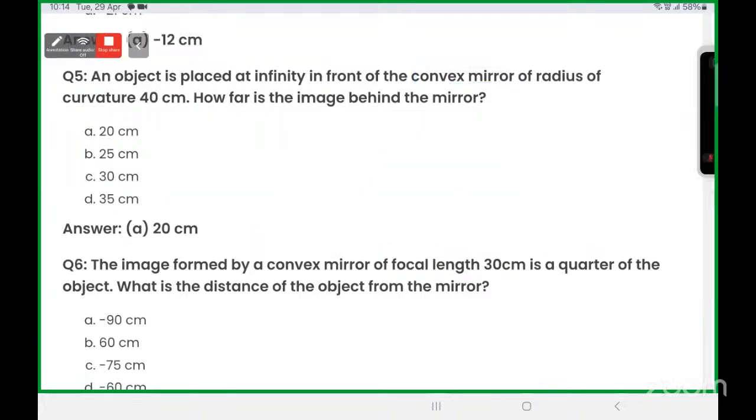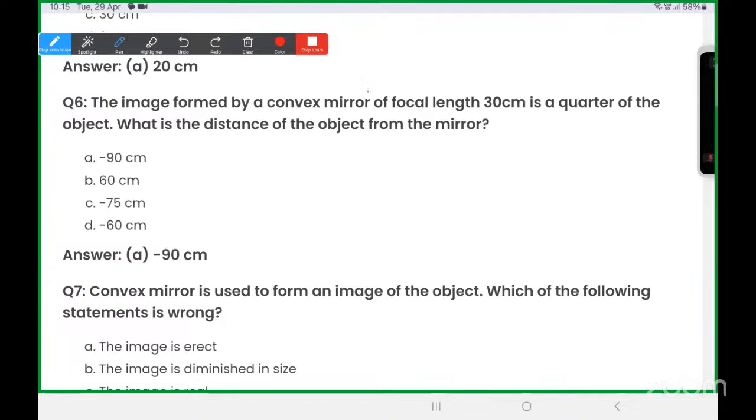ओके नेक्स्ट क्वेश्चन, द इमेज फॉर्म्ड बाय कॉन्वेक्स मिरर, कौन सा मिरर है ये, कॉन्वेक्स मिरर ऑफ फोकल लेंथ 30 सेंटीमीटर इज क्वार्टर, क्वार्टर ऑफ द ऑब्जेक्ट मतलब क्या बेटा, 1/4 मतलब 1/4 होता है। ठीक है, तो हाइट ऑफ द इमेज इज 1/4 ऑफ हाइट ऑफ द ऑब्जेक्ट। व्हाट इज द डिस्टेंस ऑफ द ऑब्जेक्ट फ्रॉम द मिरर, डिस्टेंस ऑफ द ऑब्जेक्ट पूछा है, मतलब u की वैल्यू पूछा है। अभी ऑब्वियसली u की वैल्यू नेगेटिव रहेगी, तो पॉजिटिव वाला आंसर ही करेक्ट कर दो, इनकरेक्ट कर दो, पॉजिटिव हो नहीं सकता। तो अपने को तो क्या दिया हुआ है, हाइट ऑफ द इमेज, और इरेक्ट इमेज बोला है ना, इरेक्ट, इन्वर्टेड का ही मेंशन नहीं है, तो इरेक्ट लेंगे हम लोग। तो अभी देखो hi/ho का फॉर्मूला यूज करता हूँ, hi/ho इज इक्वल टू -v/u।